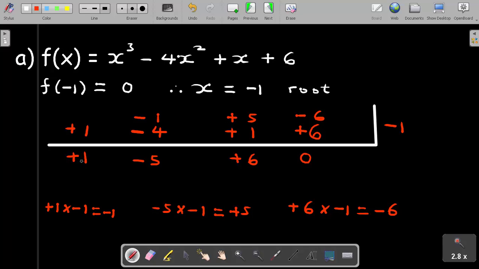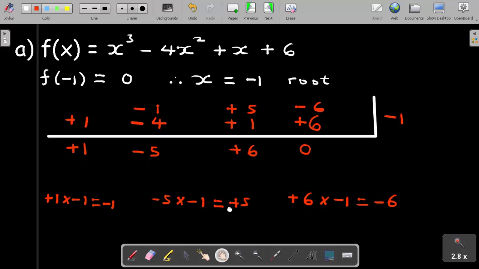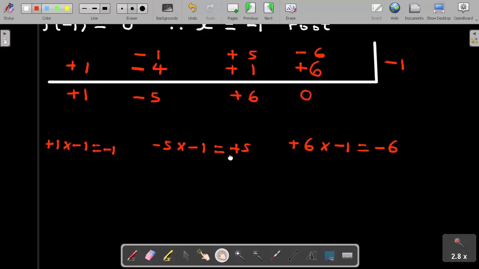Now these are the coefficients of the quadratic expression. So I'm now going to be solving x plus 1. Write it properly now. Remember, my first root was x equals negative 1, so it's going to be minus 1, which gives x plus 1. So I have x plus 1